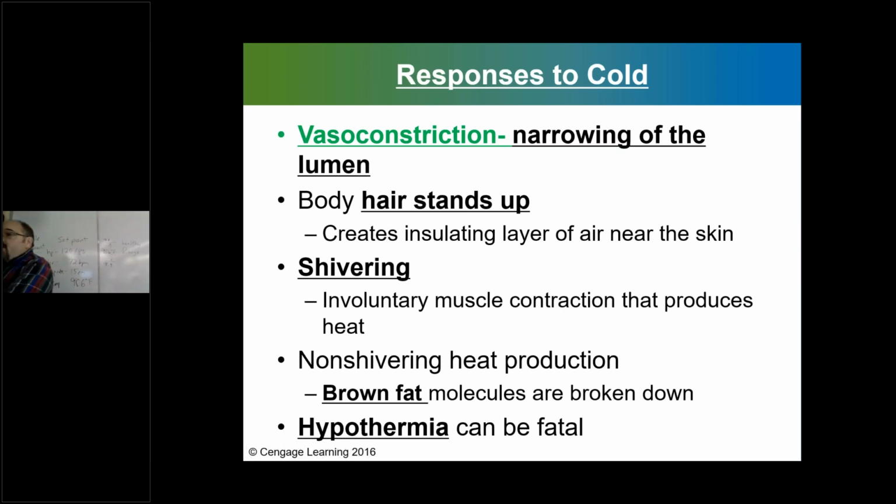There's muscle attached to each of these hairs. That's pretty wild. It's called erector pili. These muscles are not skeletal muscle, they're smooth muscle. You can't control what goes on, but your body will control. And if you're cold, those hairs will stand on end. You'll get goosebumps. Shivering is also involuntary muscle contraction. And when we talk about babies, babies can have more of this brown fat present that is a thermoregulator and helps them to regulate their temperature a little bit better.